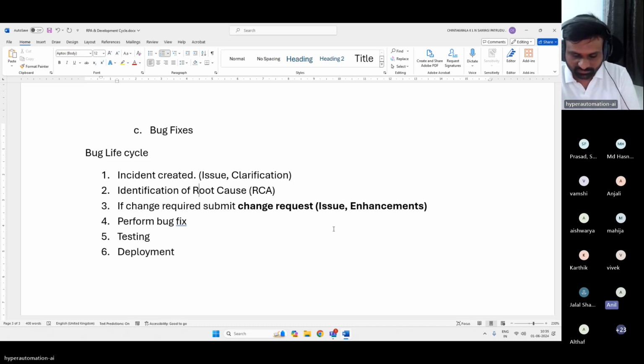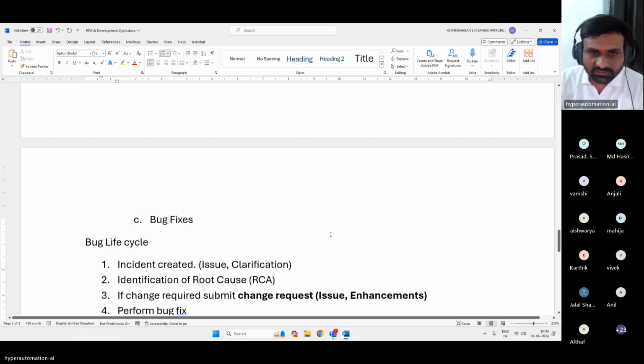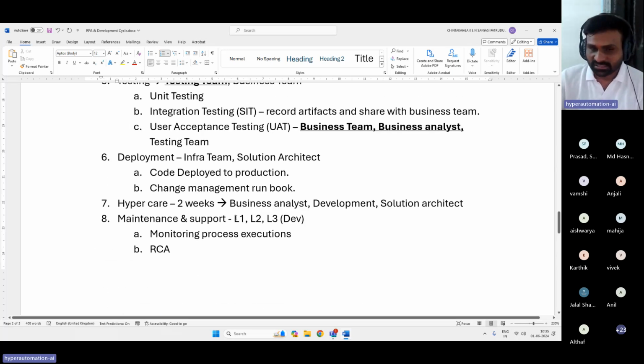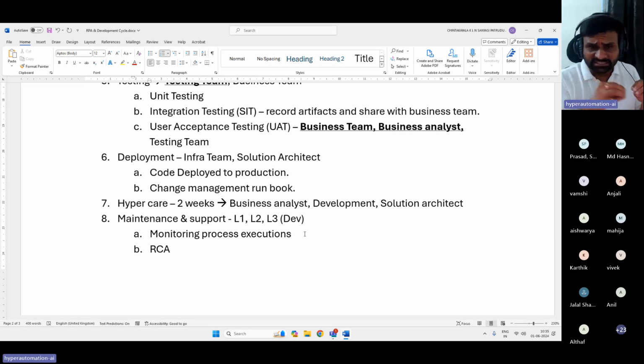Patru, can you explain L1, L2, L3 once quickly? See, this is not all the time the same. It may change from organization to organization. L1 is a kind of level 1 support. They will keep on monitoring all the process executions, and if any issue comes into the picture and actually impacts the process, then they will create an incident, and the L2 team will do the root cause analysis. Majority of the cases, L1 will not do the root cause analysis, but it depends on organization to organization.